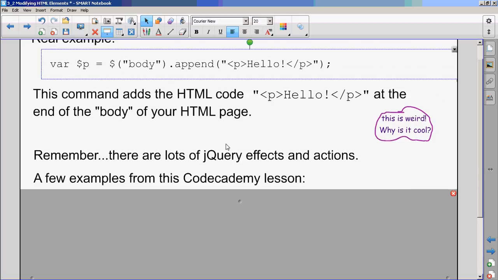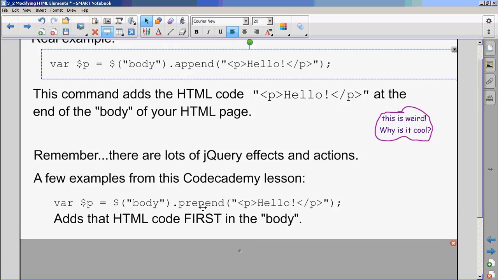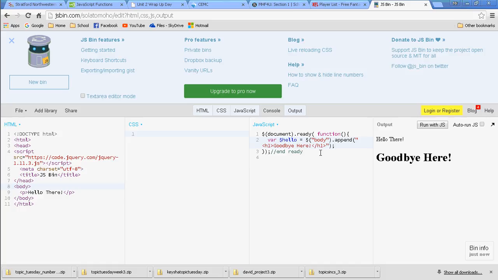We saw append, which was new, in this Codecademy lesson. The idea of prepend. So if I want to prepend, that means at the start of this, at the start of the body. And notice that this tag here could be anything. It could be a div, it could be a p. In fact, that might be an interesting experiment, is to say, in my JS Bin, what happens if I went var whatever equals